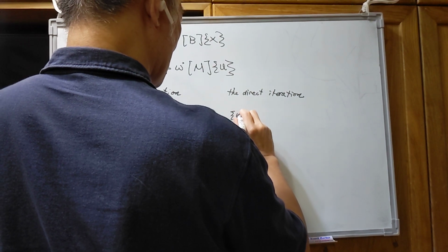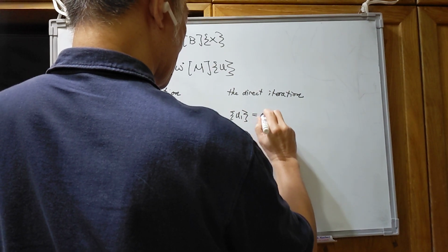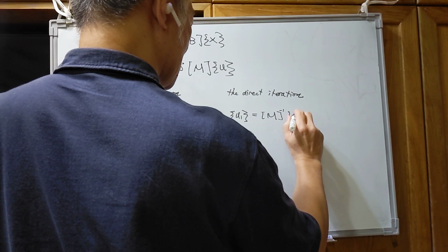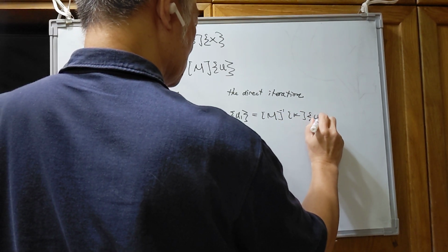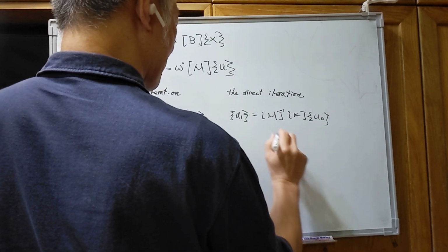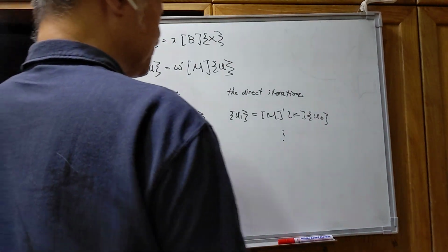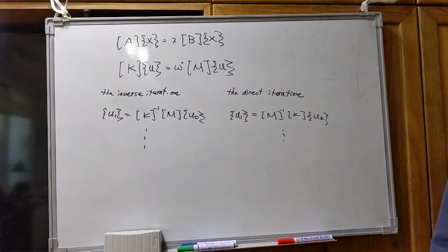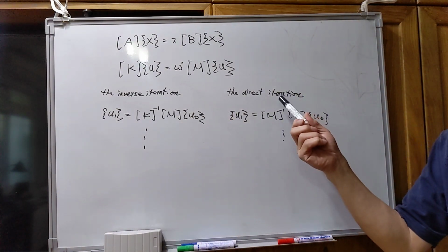Then the U1 will be M inverse K. Okay. So we have two different iteration methods, and the one is the inverse iteration, the other one is